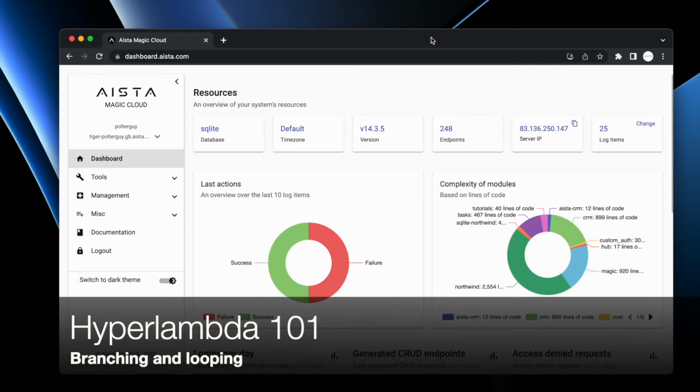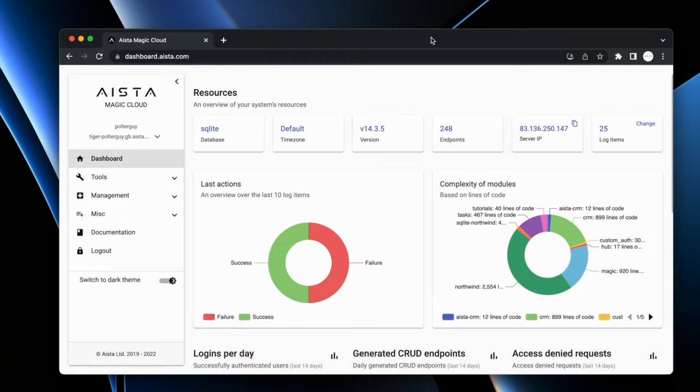In this video, we're going to talk about branching and loops. It might seem weird to wait such a long time in a programming language tutorial before we actually go through those constructs. But the reason for that is because they're actually not that important because of Hyperlambda's declarative nature. So anyways, we're nonetheless going to have to cover these parts, and we're going to start out by looking at